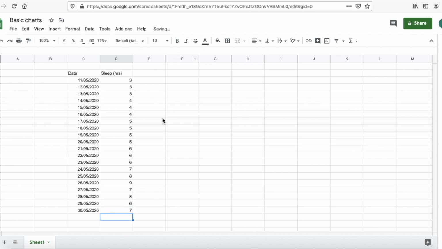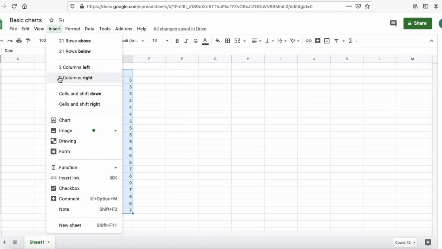Okay, right. Now I can show you how easy it is to make a really simple graph out of these two things. We've got two types of data. We've got the date and we've got the sleep, and we're going to just make a line graph which plots them against each other. And to do that, it's really simple. You just select all of your data, you go up to the top, you click Insert, then you go down midway and you can see it says Chart. And what Google Sheets will do is it will work out what's the best type of chart for this type of information, and then you can tweak it yourself to make it look how you want. So we're going to left click on Chart,